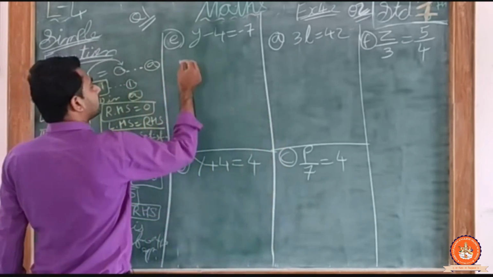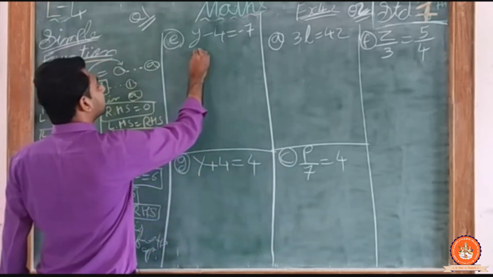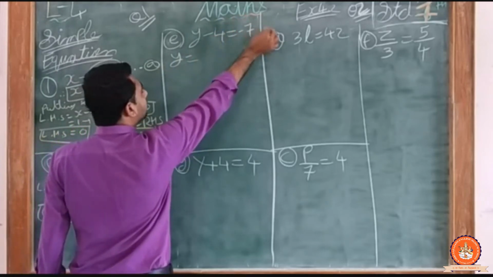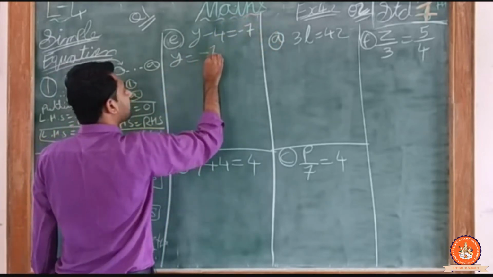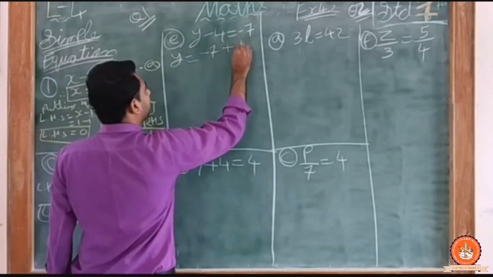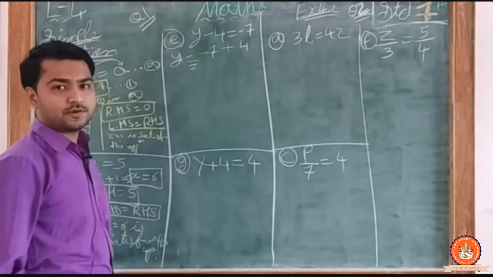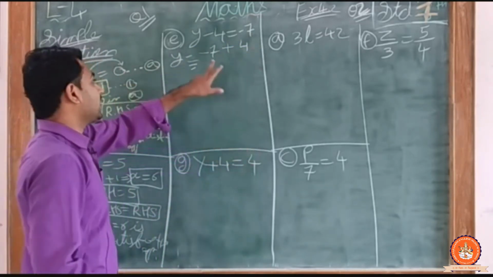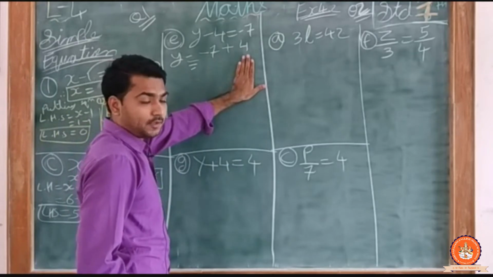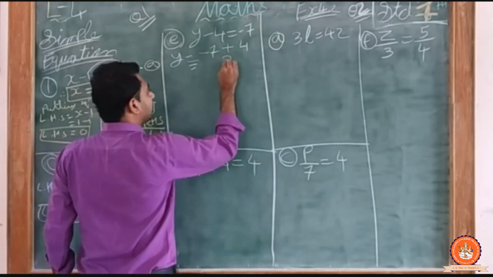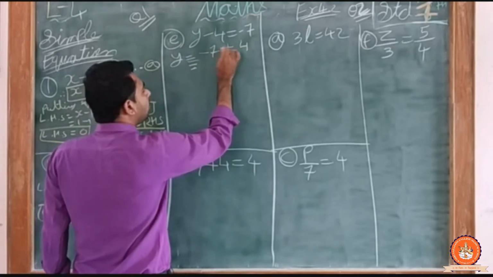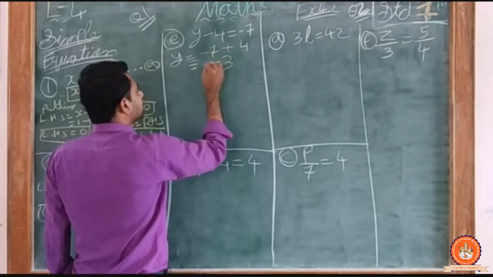Coming to question E, similarly as I told you, we have to find the value of y. y minus 4 equal to minus 7. Now taking this minus 4 on the right side, that means minus 7 as it is. Now this minus 4 becomes plus 4. Okay, as I explained in your last video, minus plus minus, हमें 7 minus 4 करना है, that means 3, and I have to put the sign of the greater number. Which is the greater number from above? 7 is the greater number and the sign of 7 is minus, so my y is equal to minus 3.